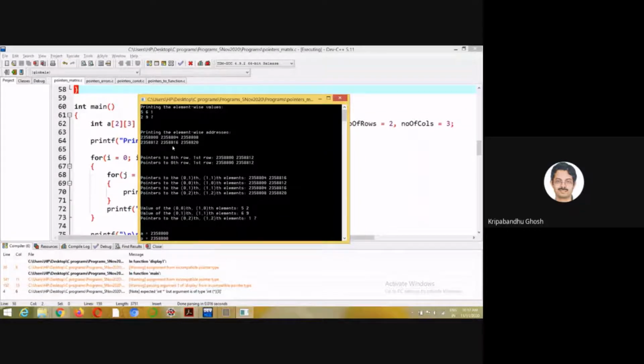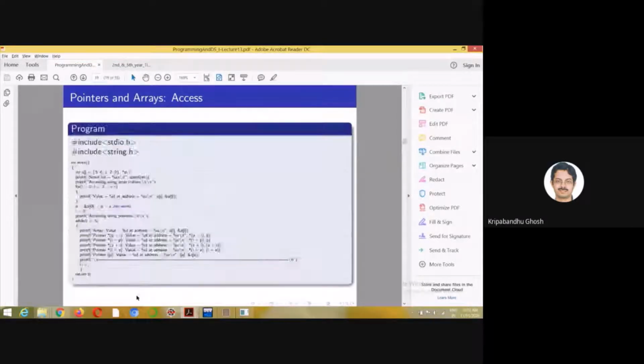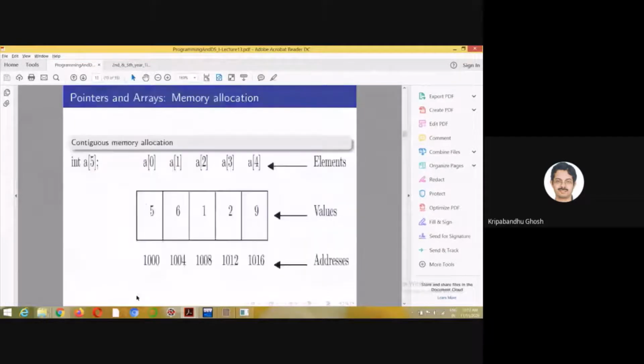But you see that in a linear array, that is basically a one-dimensional array, we saw that the memory locations are contiguous, right? That's what we have been doing in the previous classes. So if I can go back, yeah, this one, right? They are in contiguous memory locations. So if this is 1000, then the next one is at 1004, next one is at 1008, like this.